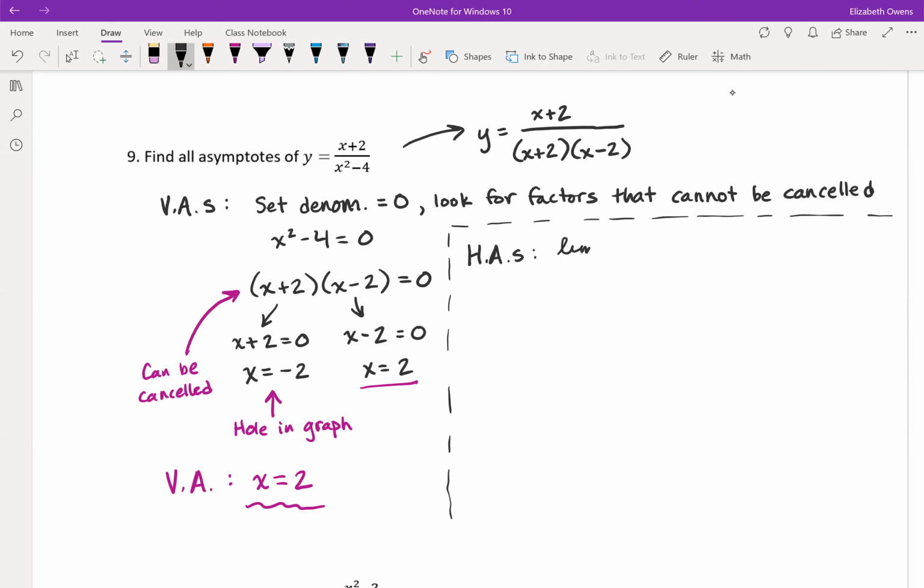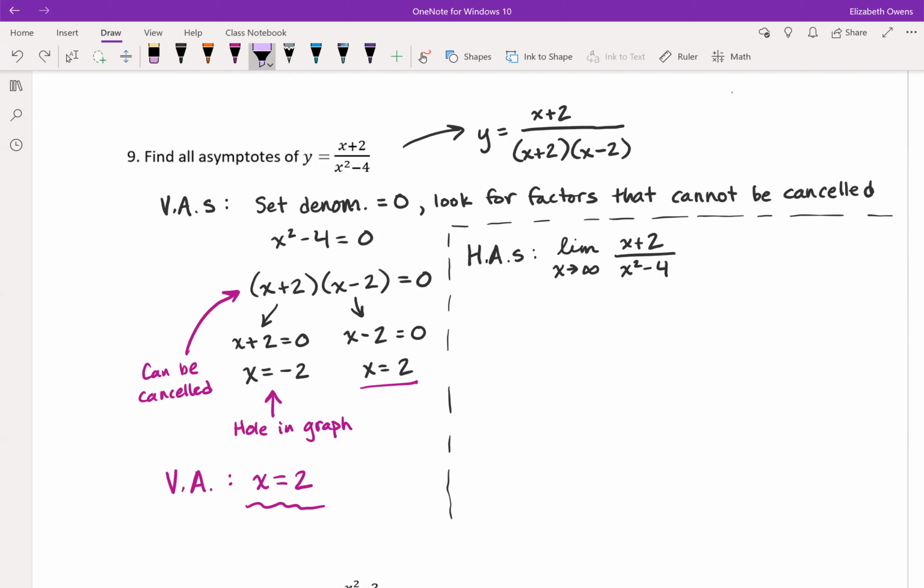And for those, remember, we're going to be looking at the limit as x approaches infinity or negative infinity. I like to just start with positive infinity to see what we're dealing with, because it's a little easier for me to think about personally. And then we'll take the limit of our function. Okay, so here we get to practice our limit skills. So notice it's a limit as x approaches infinity, like we've been working with in 2.6. So the trick here is to use our useful theorem